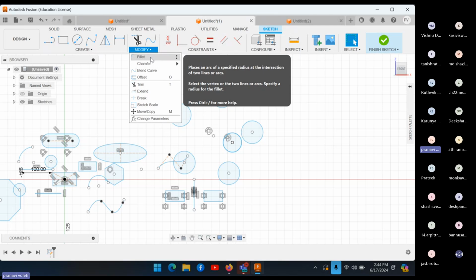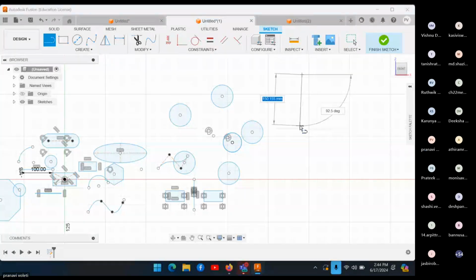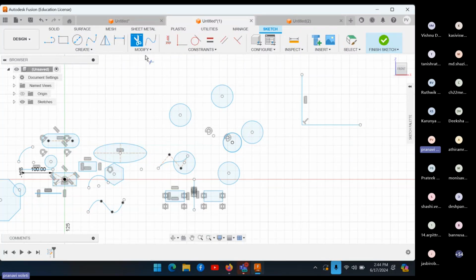Now moving on to modify. So fillet is an option to smooth out the edge points. When we have a pair of lines like this, we give fillet and we can mention the